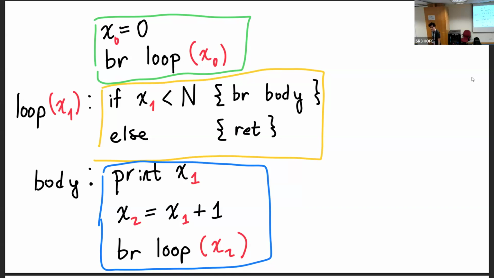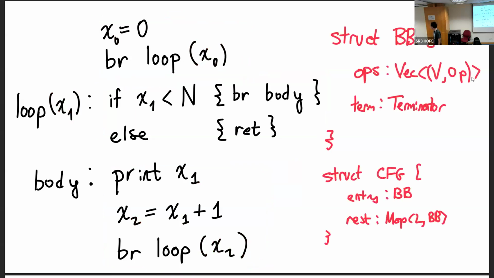So how do we convert this to an actual well-scoped functional program? Well, first off, we need to ask ourselves how this mess is scoped. So let's go do that, right? If we look at the data structure here, it looks like we have a bunch of basic blocks, which are vectors of operations. Each one defines a variable v, followed by a terminator. And then we have this flat control flow graph that just has the one entry block and then an unordered map of labels and basic blocks.